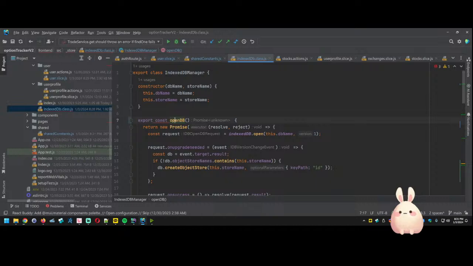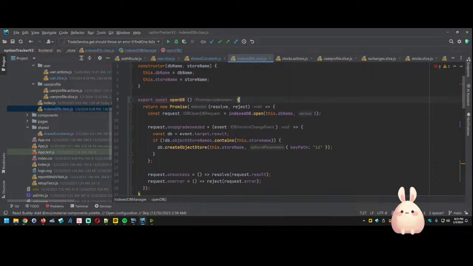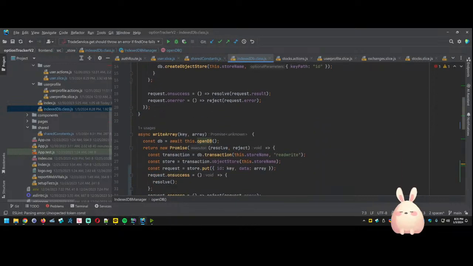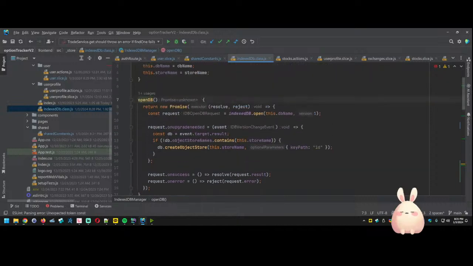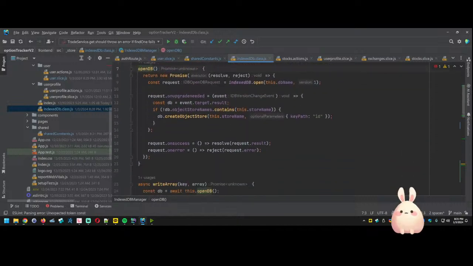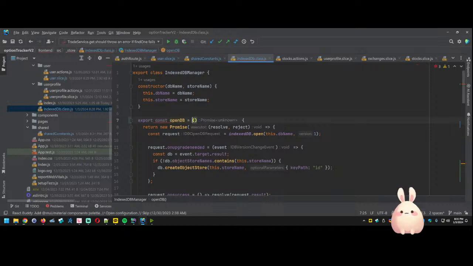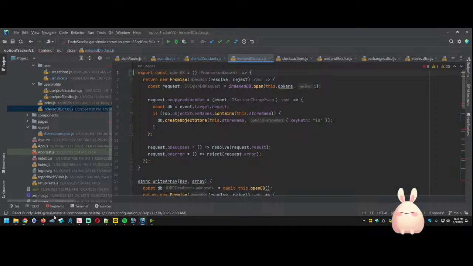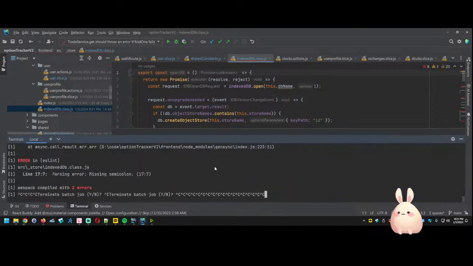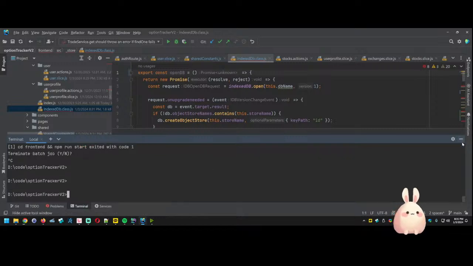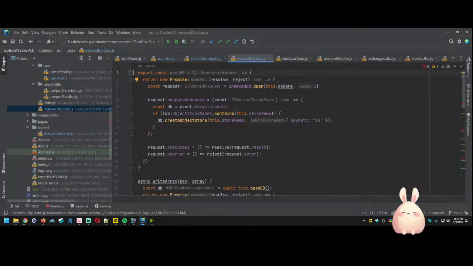Export const. Hold on a second. Yeah, we can export const openDB. Export const. Let's do this. There's no need for you. It's going to break a bunch of other stuff. Let's stop in the meantime. Control C. So we'll open DB,